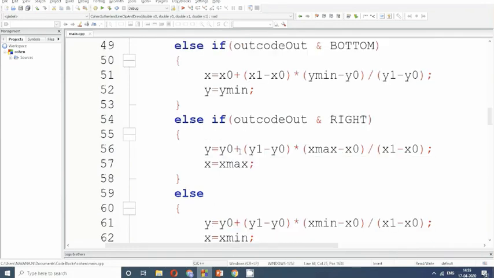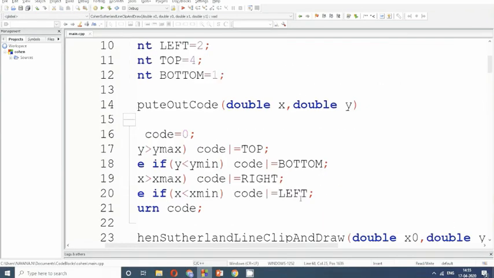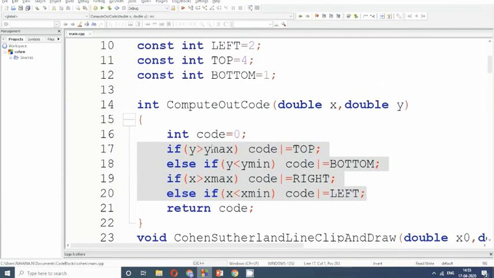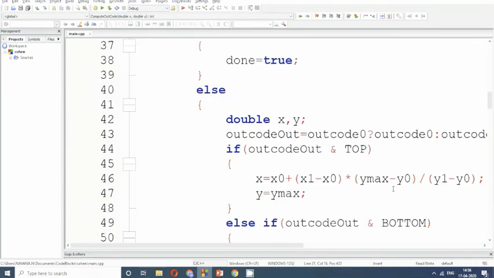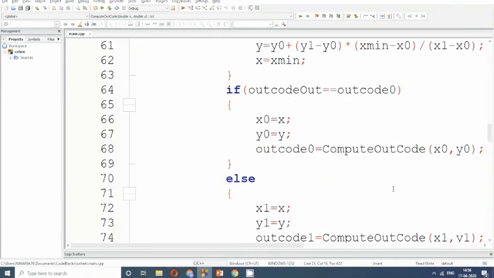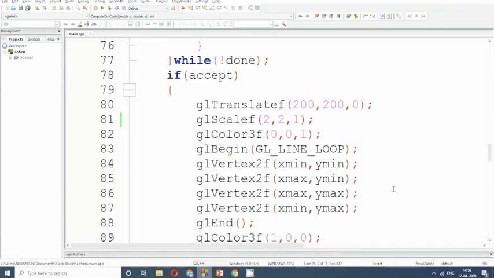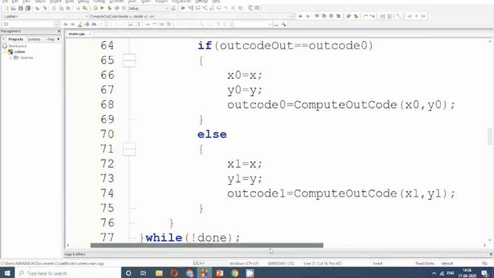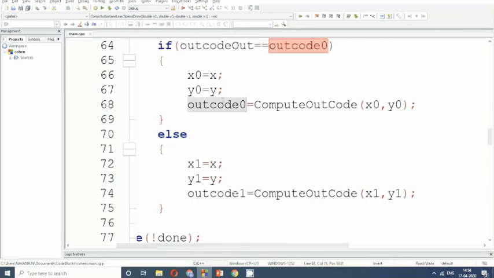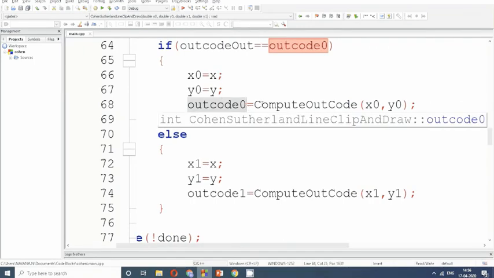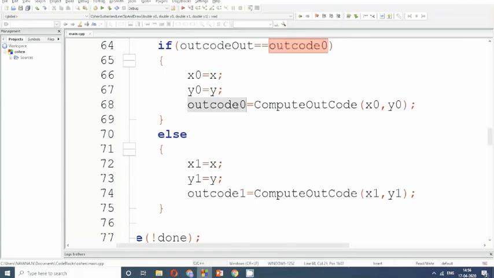So how do we assign code 0 if the point is inside? If the point is inside, all these 4 conditions fail and the default initialized value is 0, so that itself we will be returning. So that point will get 0 as the outcode. Now I'll update code 0.